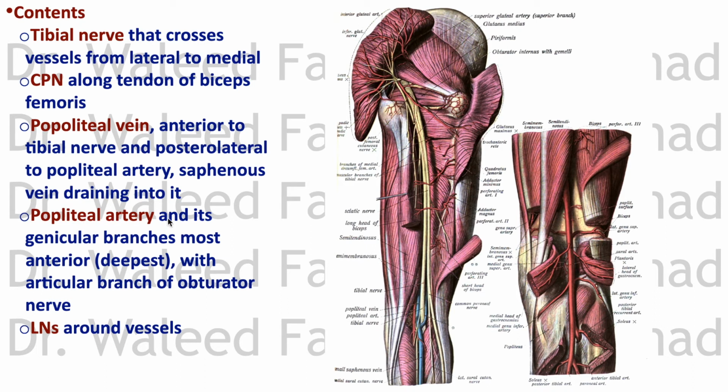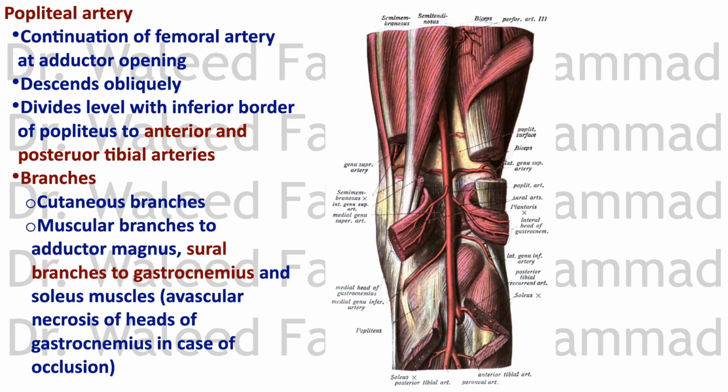So the popliteal artery is the deepest structure, or the most anterior structure, on the back of the knee with its articular branches, with the articular branch of the obturator nerve accompanying the artery, and lymph nodes around the vessels, the popliteal lymph nodes. The popliteal artery is a continuation of the femoral artery from the aperture in the adductor magnus, the adductor